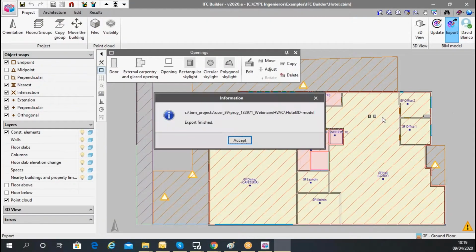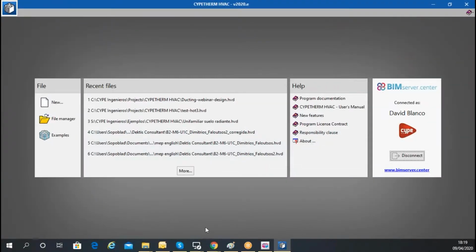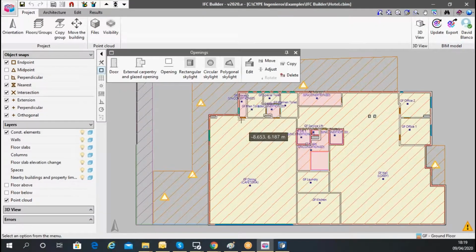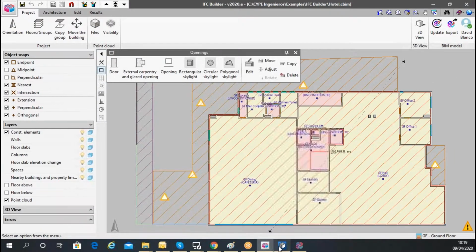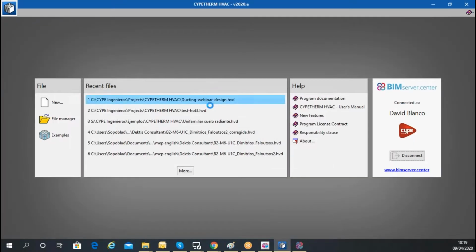I'm going to open, for example, HVAC. So now we have exported with the same file, the same project, and now it's updating the Synchronizer. As you can see, the 3D model is updating. And now in the webinar design,